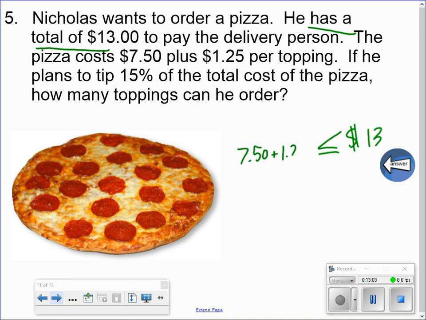plus $1.25 per topping T. And then he's going to tip 15%. Now, you have to be careful with this part because we are going to multiply to get with this 15%, but we're not going to multiply by 0.15 because 0.15 will not give us the total cost of the pizza. What we're going to multiply by is 1.15. The reason why we're multiplying by 1.15 is because we do have to pay the 100% cost of the pizza